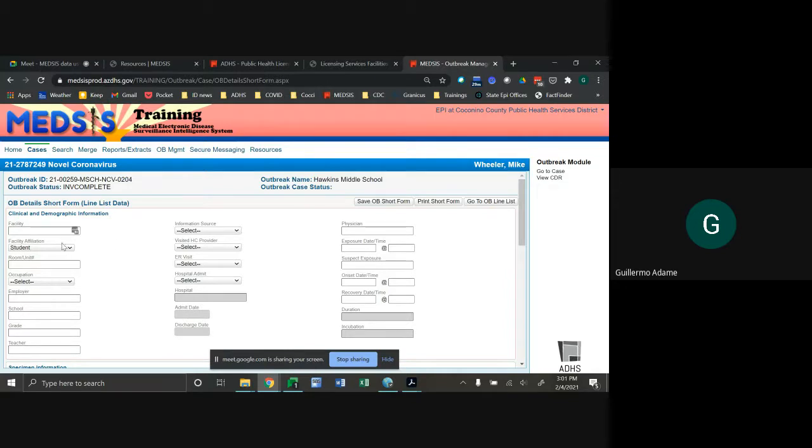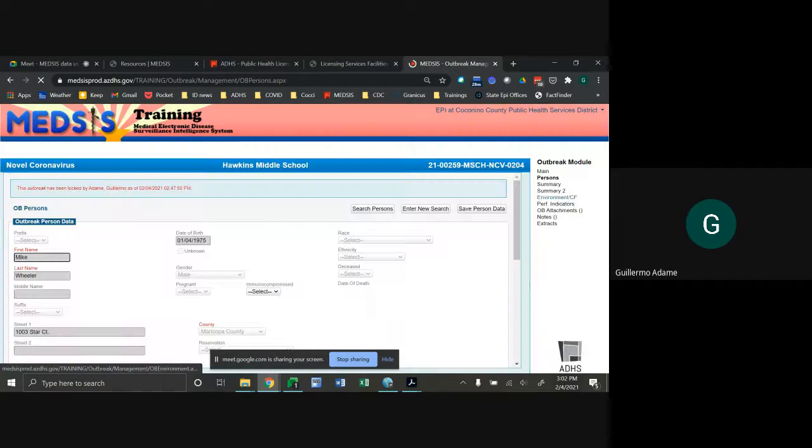However, we would definitely like this facility affiliation field filled if possible. That would be awesome. So then we'll go ahead and save the short form here. And you can go back to Mike's case, or you can go back to the Outbreak module. So let's go back to the Outbreak module, clicking this button here.